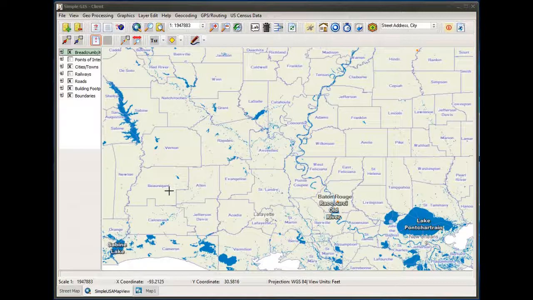So to begin, I've opened a project here that I'd already created in Simple GIS, and as you can see, this project's actually a detailed street map project I created. And I actually created this using the OpenStreetMap data wizard included in Simple GIS version 9. And I'll cover that in another tutorial regarding how you can create your own detailed street map projects using this OpenStreetMap data wizard. And basically this wizard combines data from the US Census Bureau as well as OpenStreetMap to create